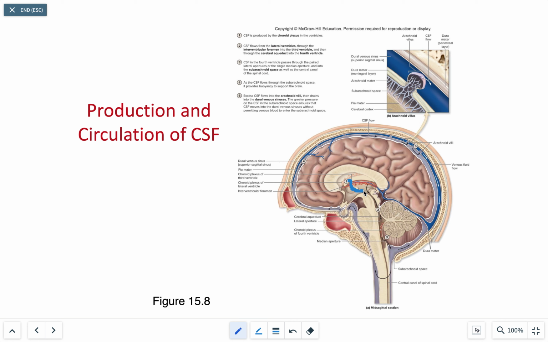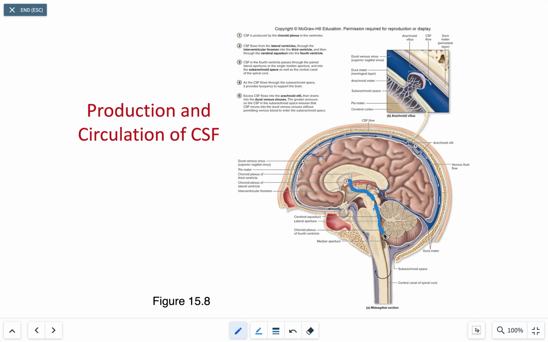So the next part is then to travel. It flows from the lateral ventricles and eventually into the third ventricle, and it's going to go through this narrow constriction right here, and eventually reach number 2, which is this region here, which is considered to be the third ventricle. From this part, we're going to see it traveling through the cerebral aqueduct, and as it goes through the cerebral aqueduct, we're eventually going to get to